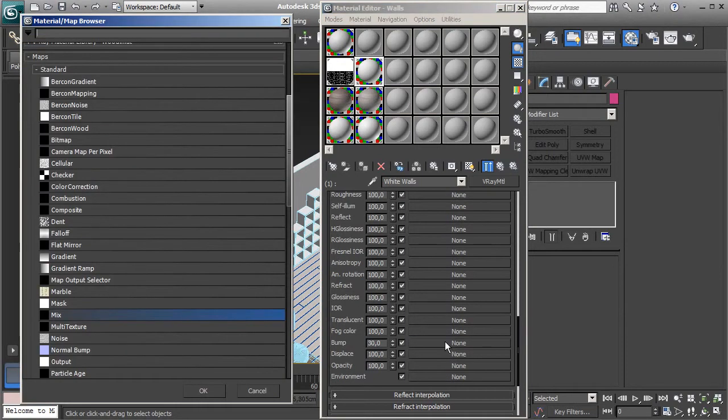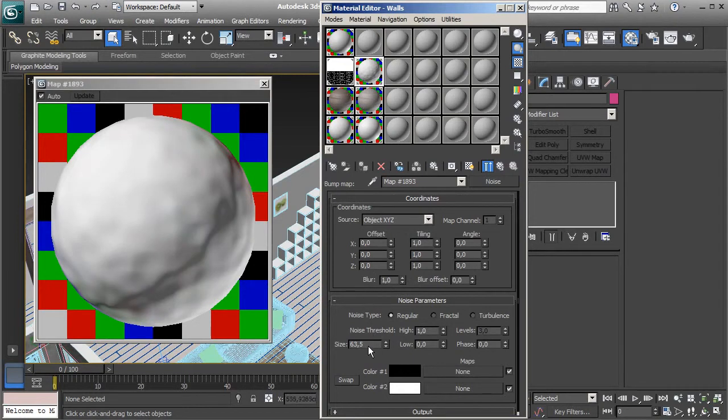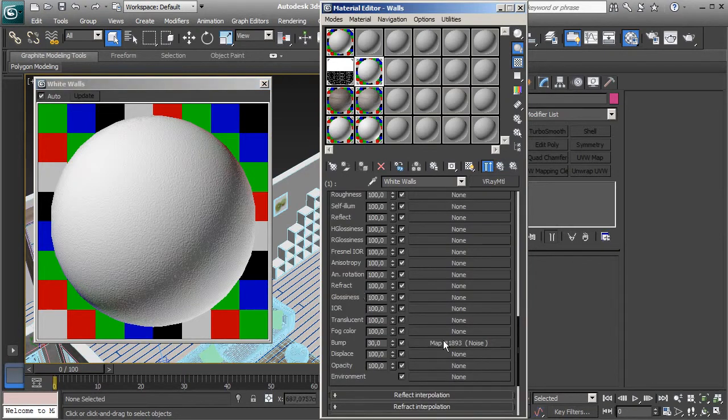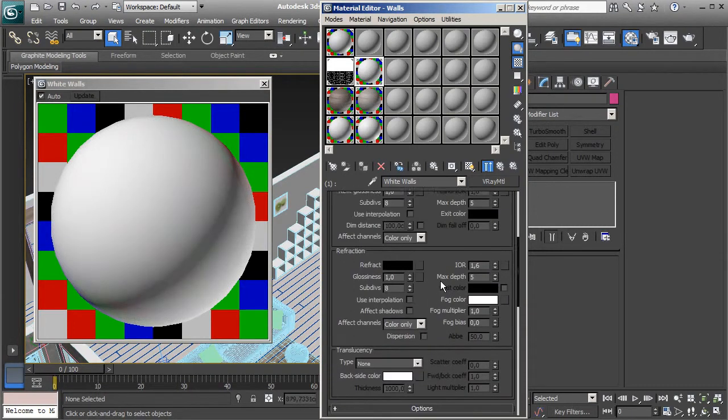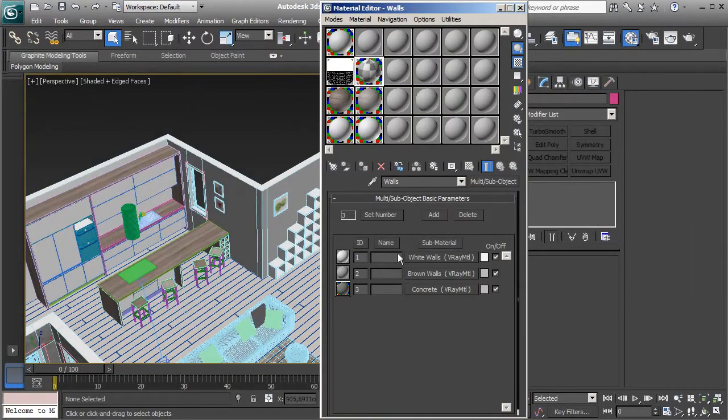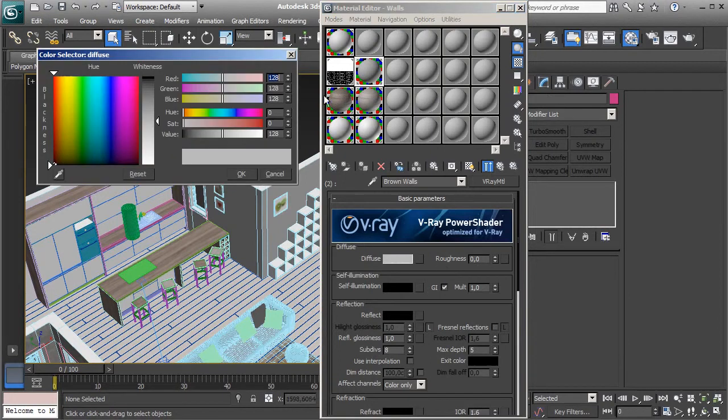But I can show you real quick what I mean. So add a noise, really small noise like 4, and that's it. But once again, we really don't need that because it will not be visible at all. We can clear that. Okay, and this is our white wall, and let's create a brown one, and let's